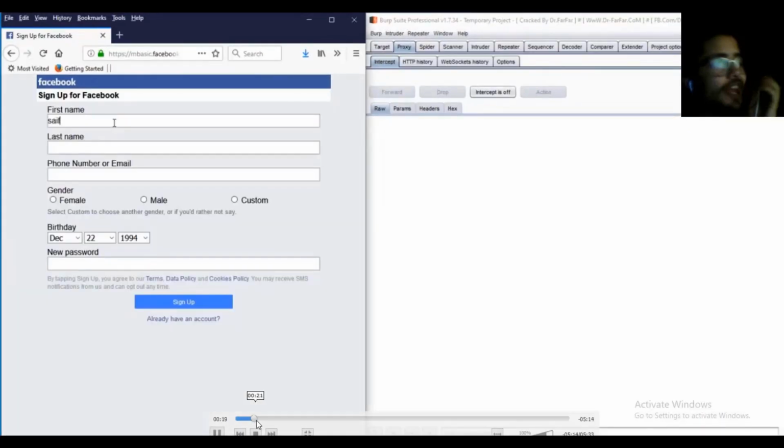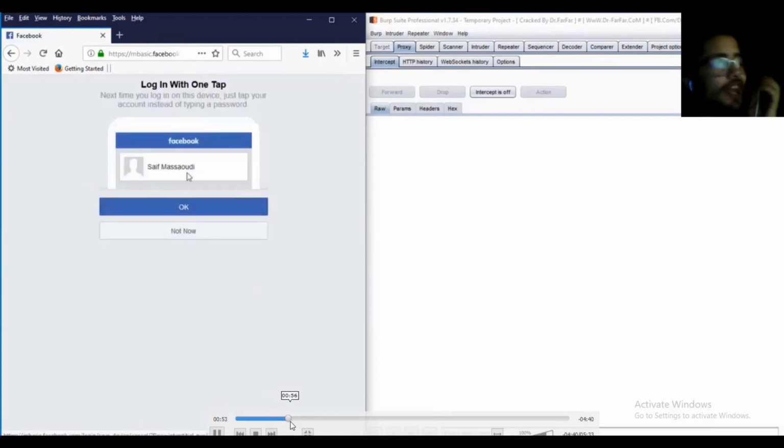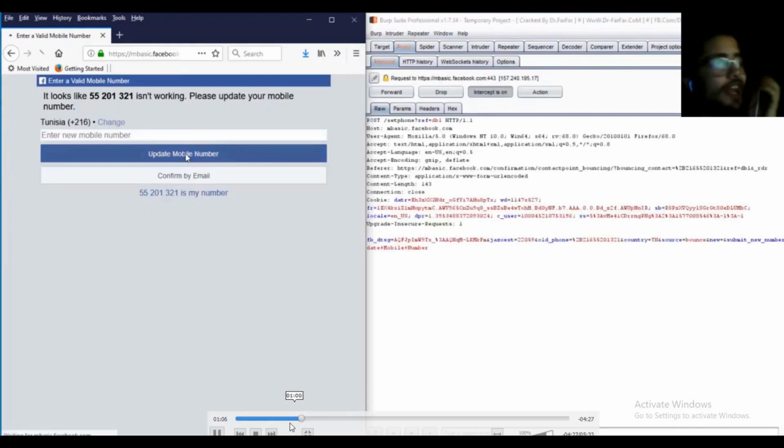So we put information that we do not own. That's not our information, so it is wrong information. It does not reach us. So everything is wrong here. And then we open the account. And when we